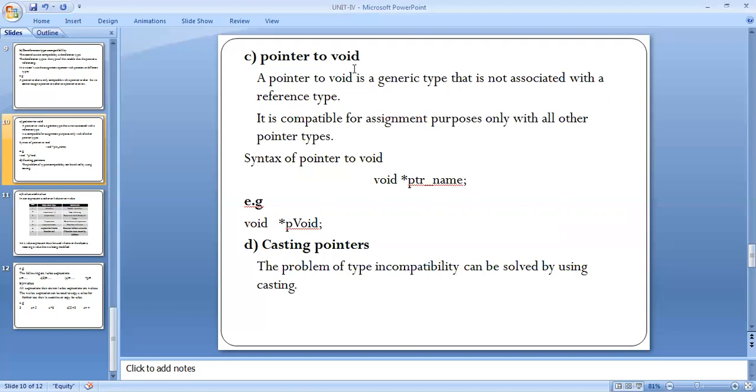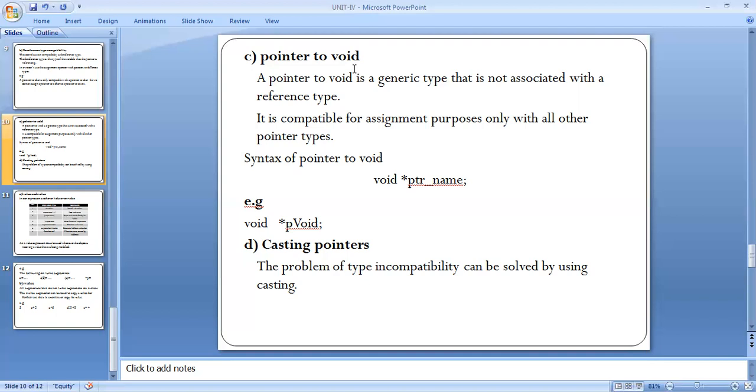Reference type means that different data types can't be used. It is compatible for assignment purposes with all other pointer types. Assignment operator or assigned values can be used with pointer types.